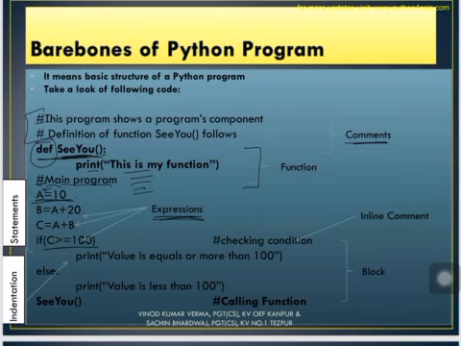If I say c greater than or equal to 100, that means if is a reserved word which is used to define a condition, and then we write down the condition this way by using relational operators. We have c as an operand, 100 is a value. So this is checking a condition. Then within this if statement we put a colon also. Then within the if statement I am writing print the value is equal to or more than 100, else we write down another statement. So this is a simple program which is written outside the function.